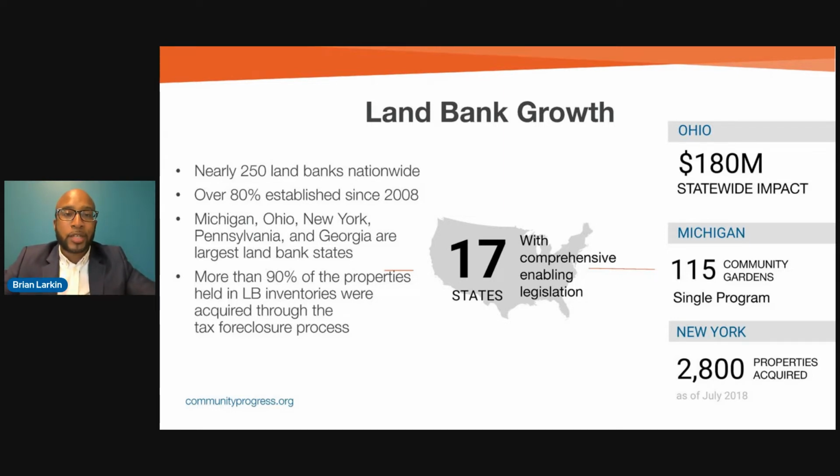What we saw in the 2000s was that the number of vacant and abandoned properties, people just walking away, and foreclosures was going up at a much greater rate than anybody could have ever really imagined. So as a result, figuring out ways to utilize the tax foreclosure system to provide a reasonable pipeline for land banking occurred. We saw the first generations of these land banks start off, and then it just boomed from there. Where we had a handful of land banks in the early 2000s, there are over 250 land banks currently nationwide. As I mentioned, 17 states have